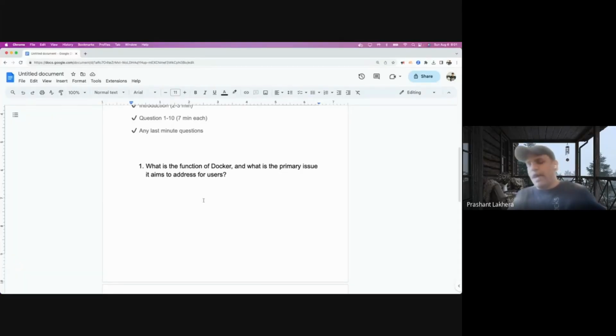So I will not start with what is Docker. I will start with a question: what is the function of Docker and what is the primary issue it is aimed to address for the user? Okay. And to be honest with you, while preparing for this session, I realized that honestly, I'm not using Docker